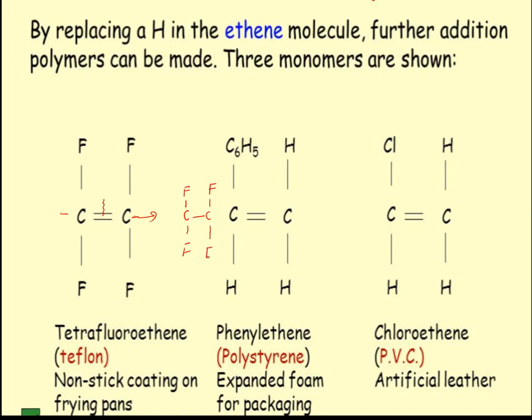So here you can see number of moles. If 2 molecules are there, 2 will be linked up. If 1000 molecules are there, 1000 will be linked up to form the polymer, and this polymer is Teflon. Now this is phenylethene. You see the phenyl group, a group from benzene, is attached on the double bond, which will be forming again